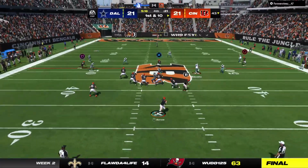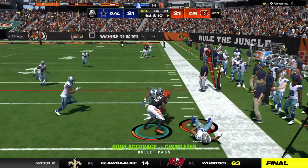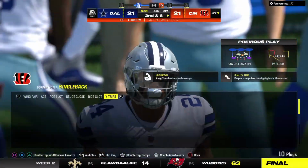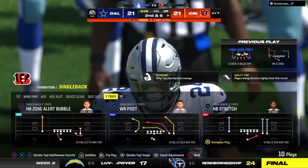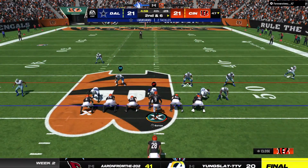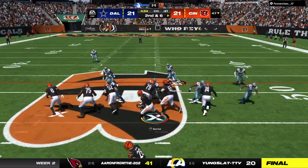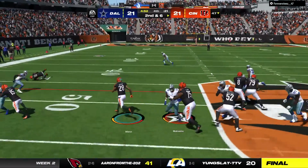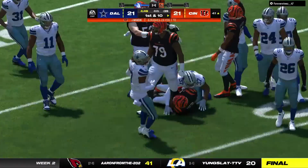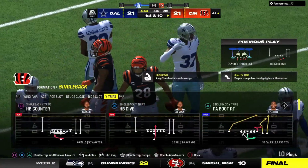They go play action with Burrow. He'll buy some time, right? Dumps it off to Mixon. And they regroup defensively after the broken tackle, getting to him just beyond the 45. He was out there waving his arms. When you've got a quarterback out of the pocket looking for any help, I guess waving the arms is helpful. It certainly is, because you've got to get his attention, because now you're in scramble drill. So everyone's adjusting their routes, finding open space, and he found the right spot for the completion. 12 yards that time and a